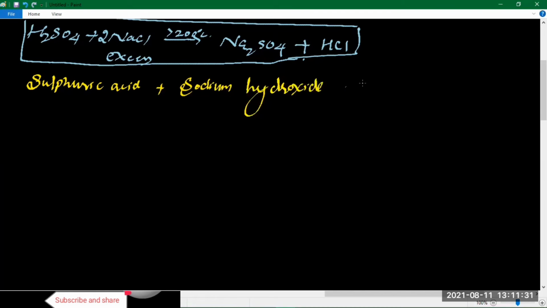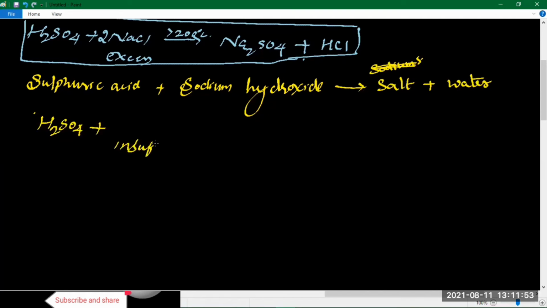So obviously you know that this is generally a neutralization reaction. So it gives you salt plus water. Which salt here? We get sodium sulfate salt. Let us see now. When sulfuric acid is treated with an insufficient amount of